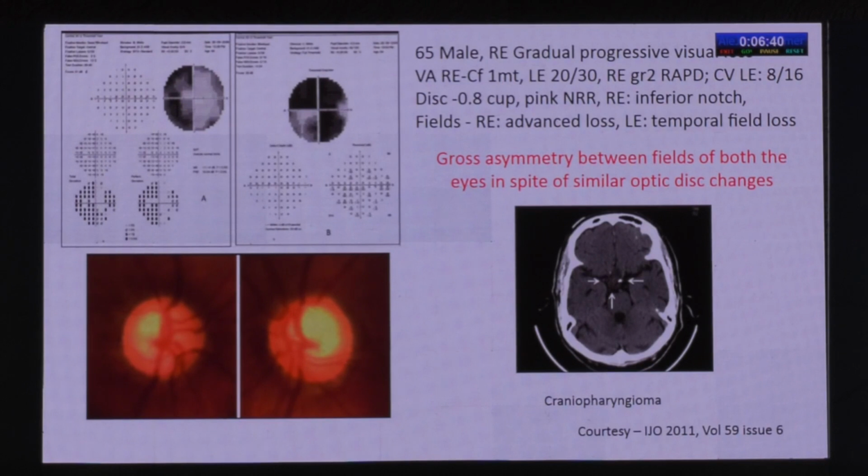And when we neuroimage, we can find a craniopharyngioma in this case. Another thing is that here the visual acuity is only counting fingers at 1 meter, and there is gross field loss in the right eye, which is not correlating with the disc change. So always we have to correlate the disc appearance with the field change, otherwise the diagnosis of glaucoma should be